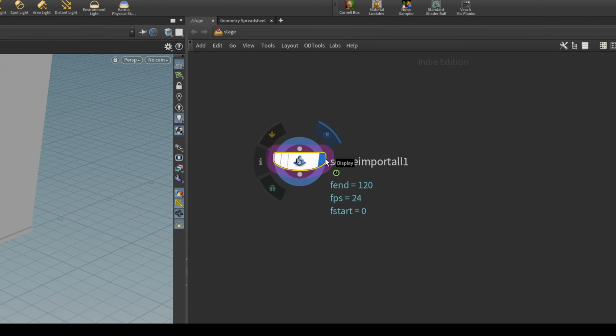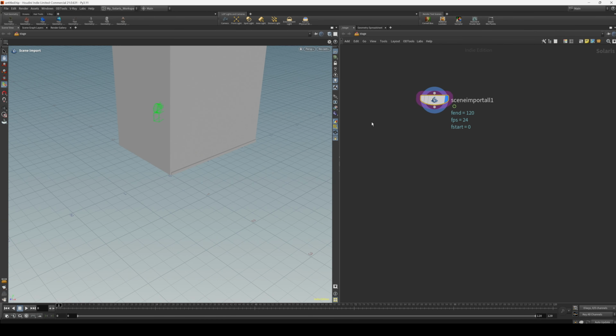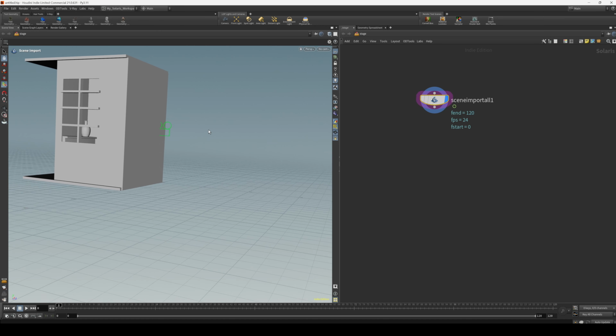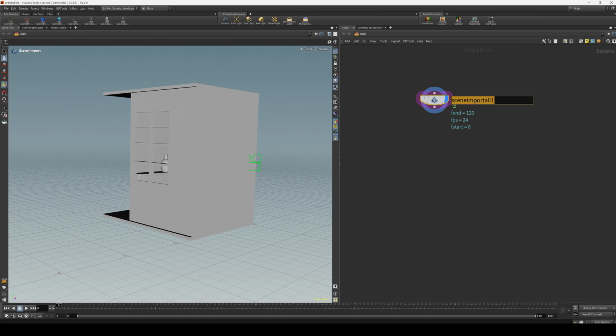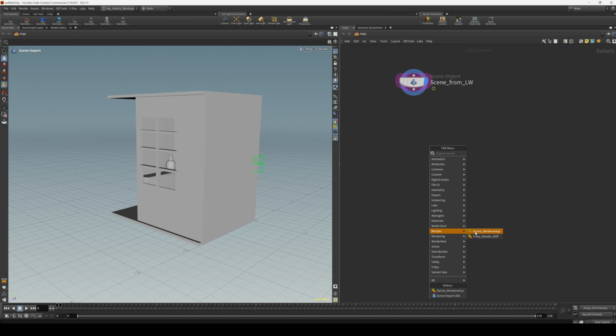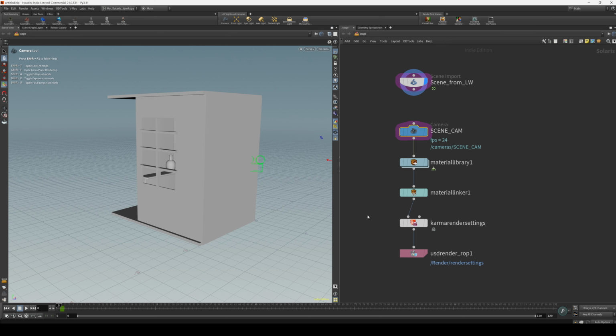So click on that and the new node has been created. And you can see that now our scene is here in the USD space. Let's rename this and call this scene from Lightwave. There we go. And now I have to create a node tree that allows me to create materials, cameras, everything that I need to render out the scene. Instead of doing this over and over again, this is a workflow tutorial. I created a recipe and I choose a Karma render setup recipe, and it's creating automatically all the nodes for